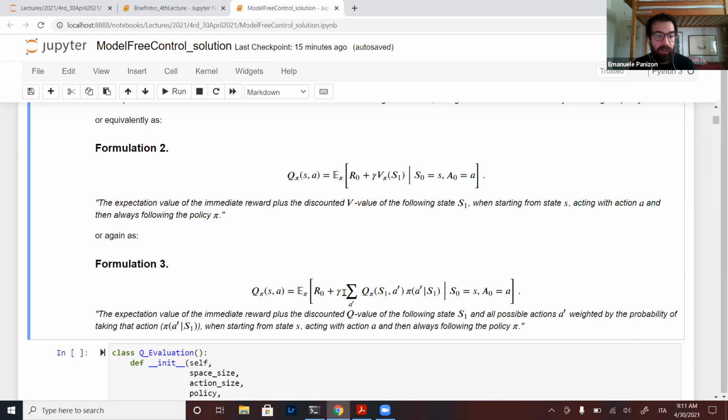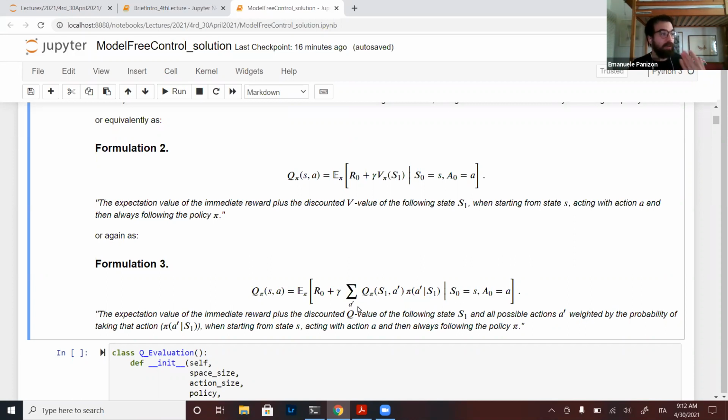So I'm summing over all possible actions in the new state, weighted by the probability of taking that action, which is just the policy in that state, times the value of being in that state and doing that action. As always, we will have different equivalent formulations, which will be more useful in one case or another.